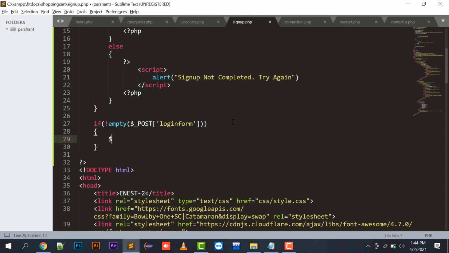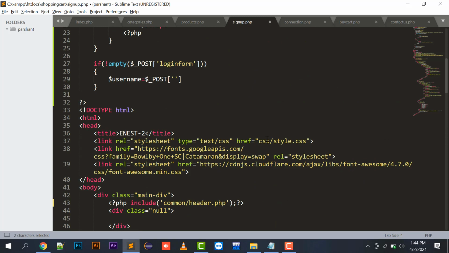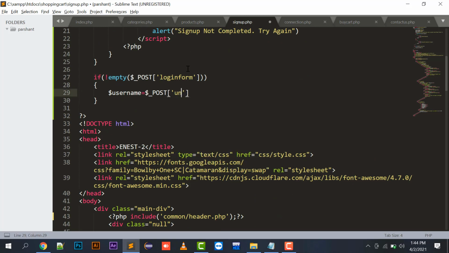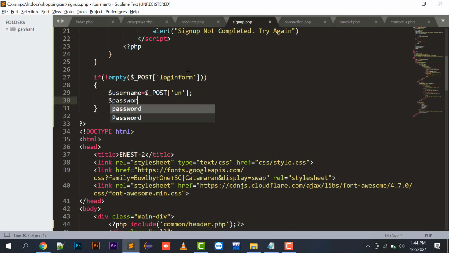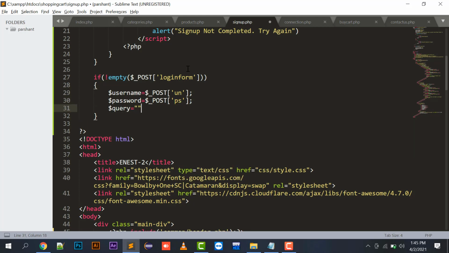So username, it's un, and ps is the password. Un is the username, ps is the password.